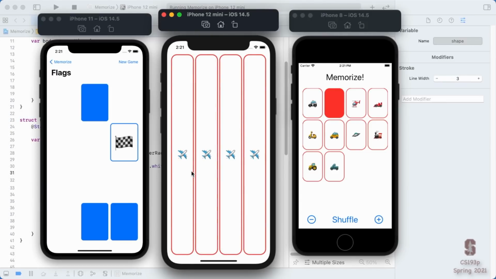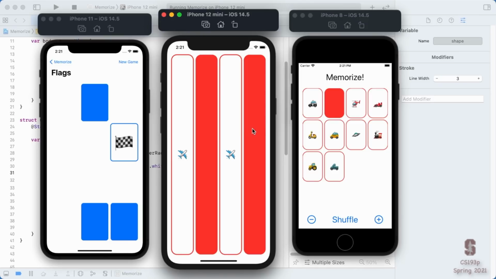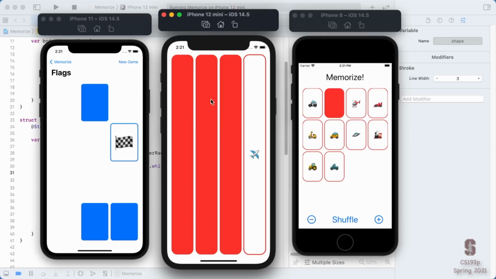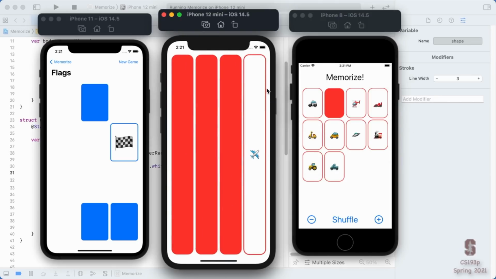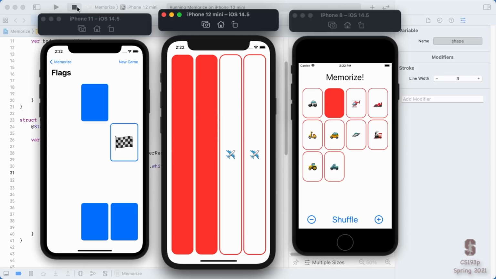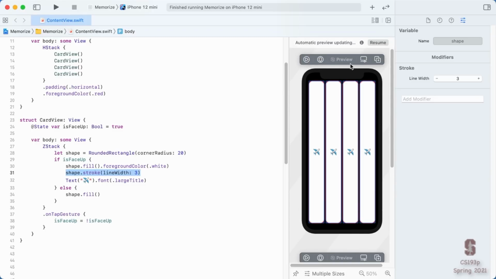Here are my cards, and I tap. Woohoo! It's flipping them over. Nice. isFaceUp, up and down. Very nice. So that's working. And this works here. We can rotate. Works over here. Very nice. Okay, so that's good. It's a little bit of a bummer, though, that anytime I want to test some multi-touch gestures, I have to go all the way back out to my simulator. I've been so used to doing it here in preview.